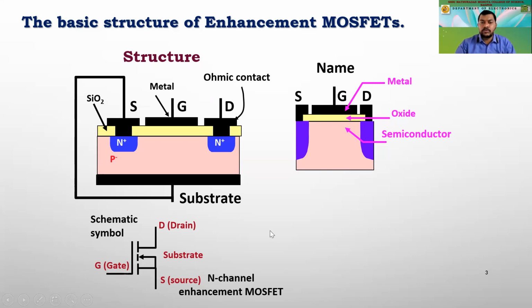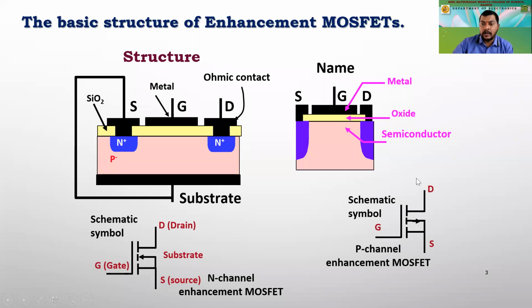Now we are having another one which we call the P-channel MOSFET. In that P-channel MOSFET, we'll have an N-type substrate over here, and we'll have two small induced P-type materials as a source and a drain, which are shown over here, and that we are going to call a P-channel enhancement MOSFET, and the symbol of that is shown over here. So this is the symbol for the P-channel enhancement MOSFET, and this is for the N-channel enhancement MOSFET.